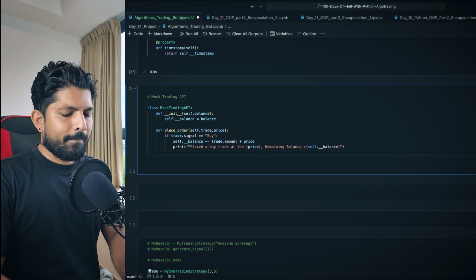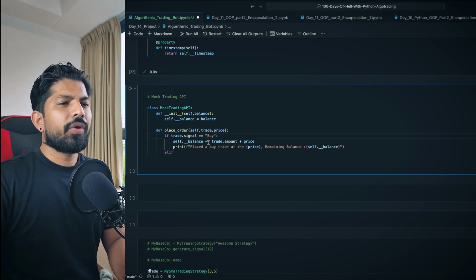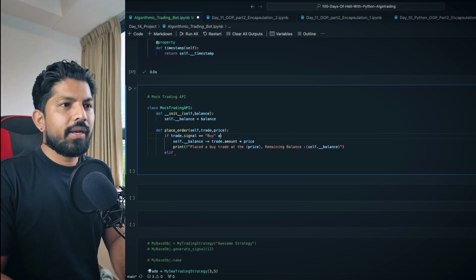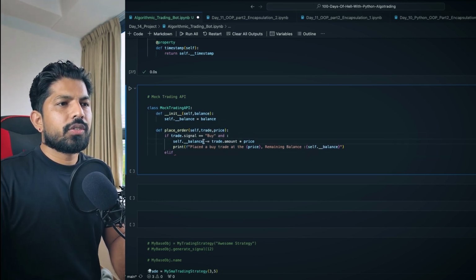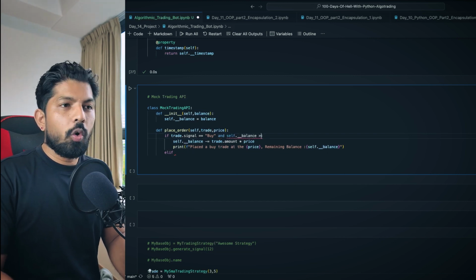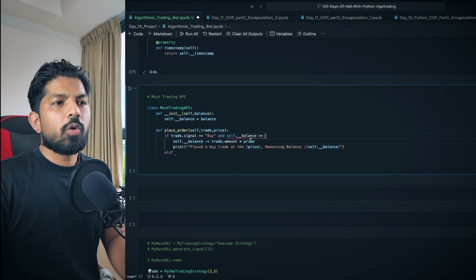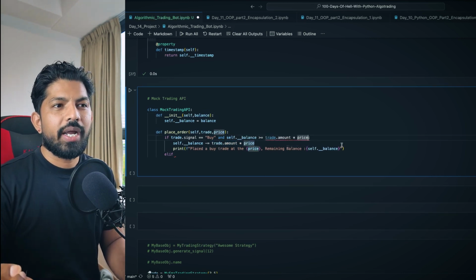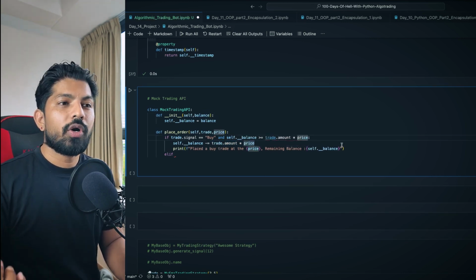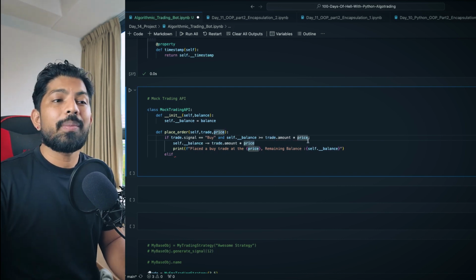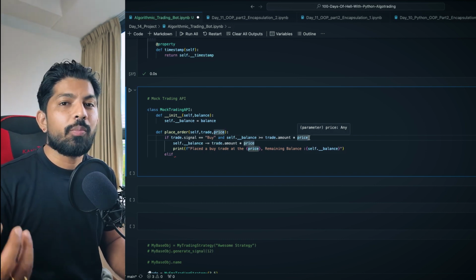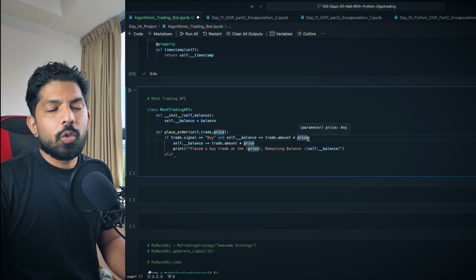And if elif, we also have to make sure that while executing the buy trade, the balance should be greater than or at least equal to the total amount of the trade, right? Let's say you have only $1,000 in your account and you are trying to execute a trade worth 10,000. Then if you don't apply this condition, the trade will be executed and your account will be shown with a larger amount, even if you don't have balance in your account. So we should be applying this condition also here.